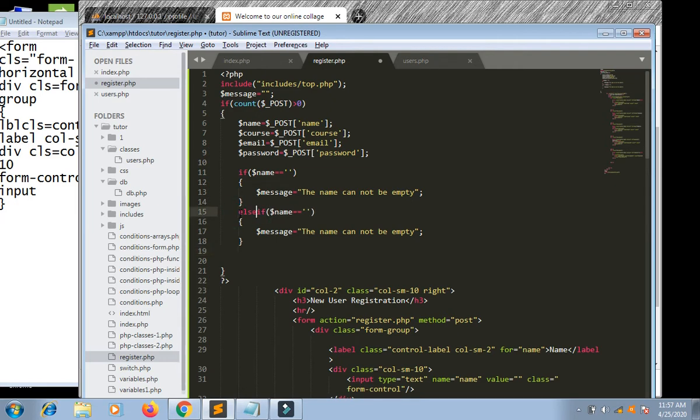Else if course is equal to empty, the message should be: course should not be empty. The course cannot be empty. This should be the message. And else if